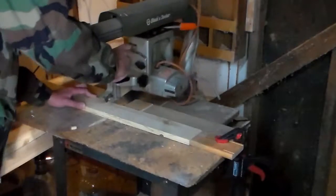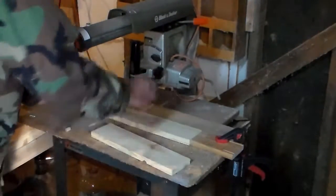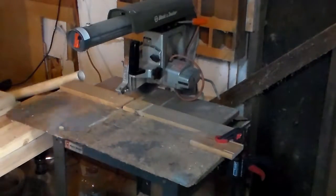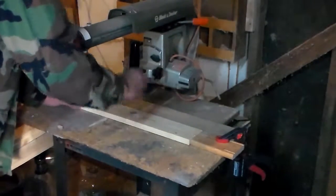Okay, YouTube, today we're going to be making a simple wooden stool. I apologize for the slapdash way this thing was put together. I made it on the spur of the moment because we needed a stool. I also changed the design about halfway through, so here where you see me cutting 9 14-inch boards, I ended